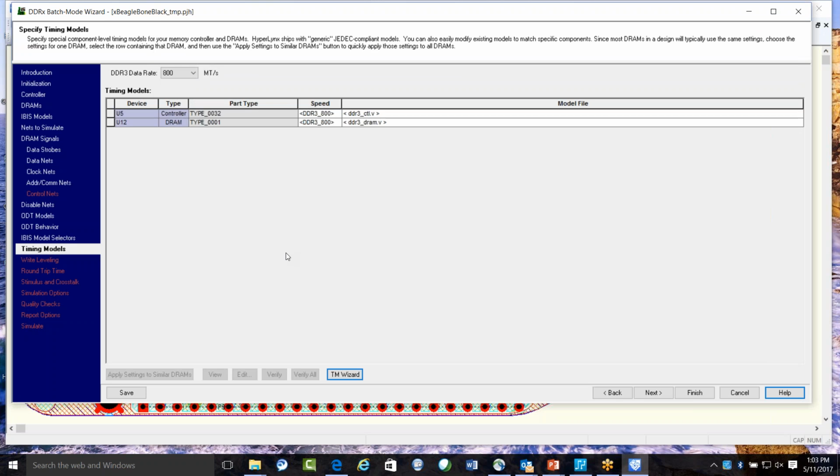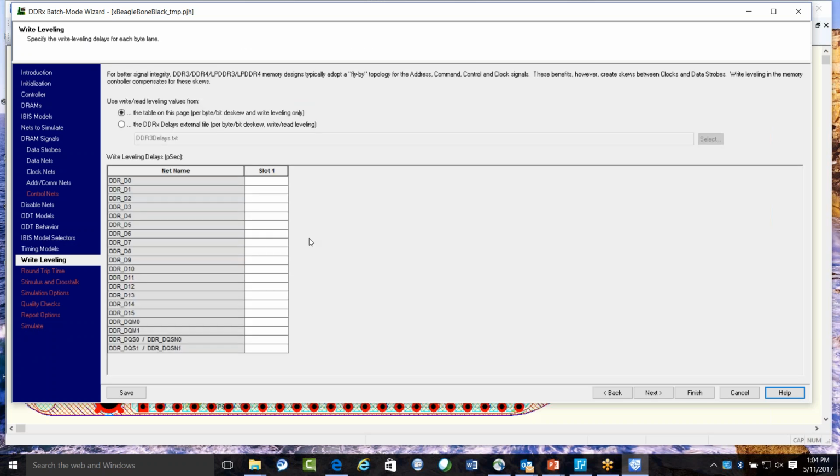Now I know this looks like a lot of details, but what I want to remind everyone is that Mentor Graphics support has a lot of application notes associated with this. And they have design examples so you can work through those with their data so you know what information to put in. You follow the instructions, you can see how the simulation goes. So at first it might seem a little overwhelming, but this is a very comprehensive memory interface. And it only gets harder as you go from DDR2 through